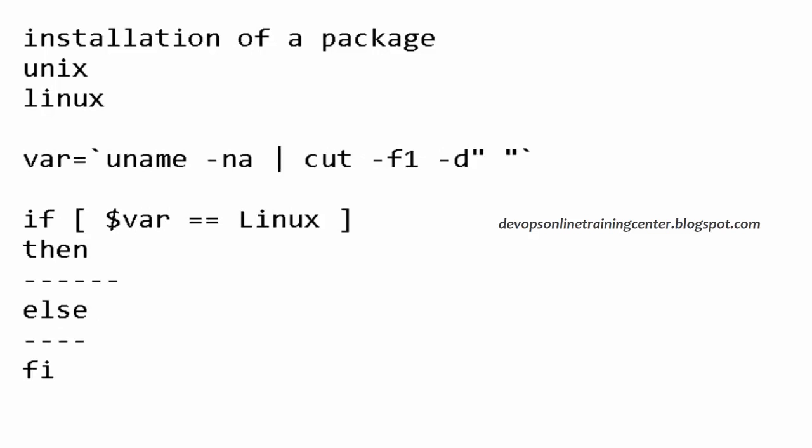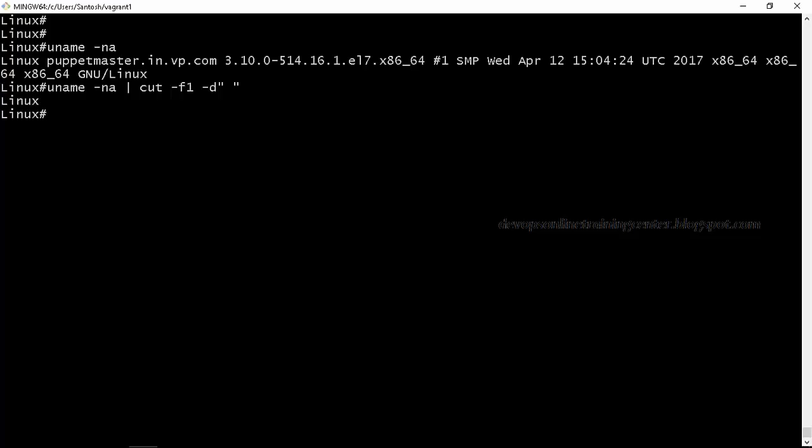Basically, we have the uname -a command that will give the operating system, the kernel version, the hardware architecture, the host name of the machine, etc. From there, I'm only interested in one part, which is checking whether it's a Linux machine or a Unix machine, and based on that, I want to execute some command on the machine. Let us say I want to get the host name from this. How do I get it? We have a command to directly check the host name, but if you just want to get the kernel version or host name from this entire command,